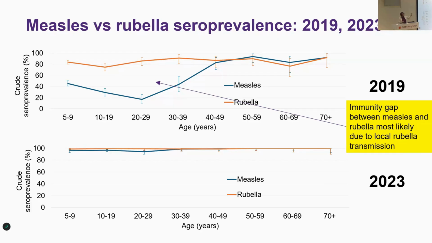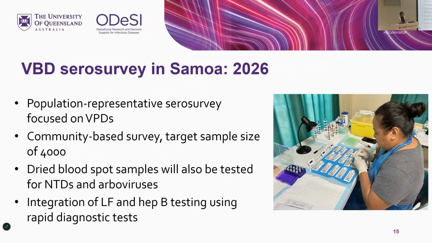And even though in 2023 we're looking at really good immunity against both measles and rubella for all age groups, this is now 3 years ago, and the outbreak happened in 2019. So if you don't maintain good vaccination coverage, it will slowly drop back to where you were before. Anyway, so that's generated some very useful information for Samoa, and we'll be going back there later this year to do another survey,